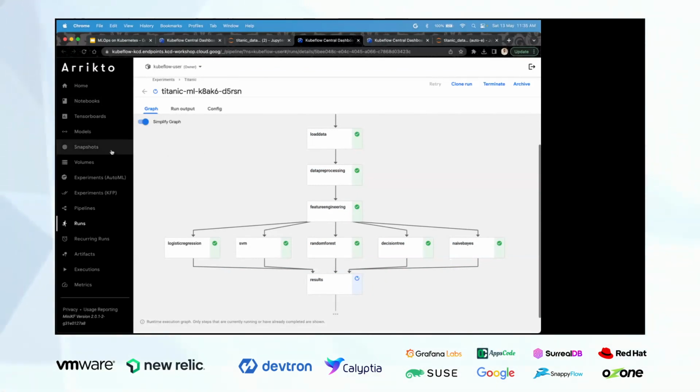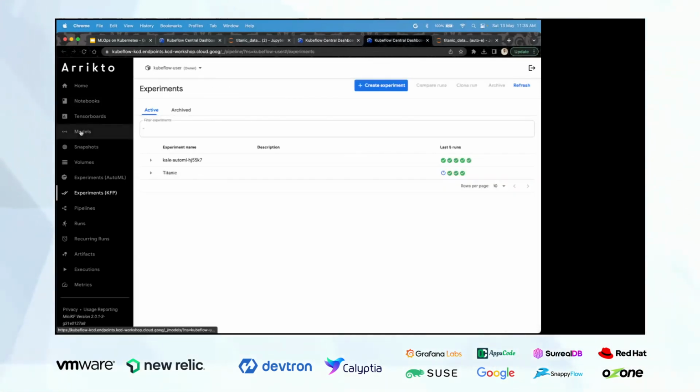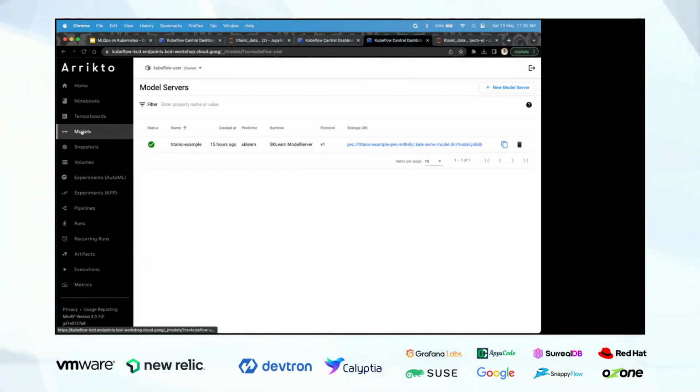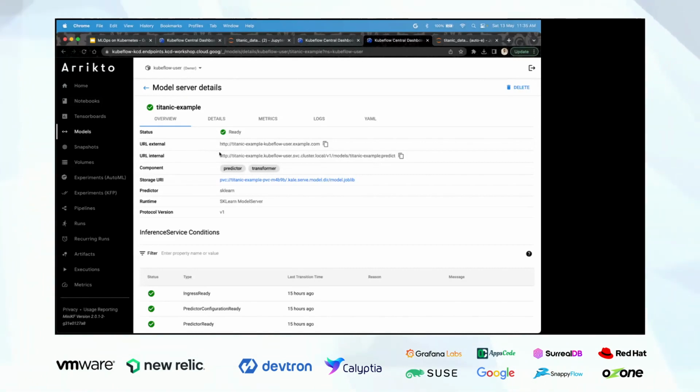Meanwhile, it has one more feature which I wanted to talk about, and that is models. As Joinal and Nikhil were also talking about, we can deploy models over here as well. Basically, what you need to do is create a new model server, define some parts of that particular model, and it will give you an endpoint which can be internal as well as external, and you can run predictions on this by providing whatever input this model requires, and you will get the desired output as well.